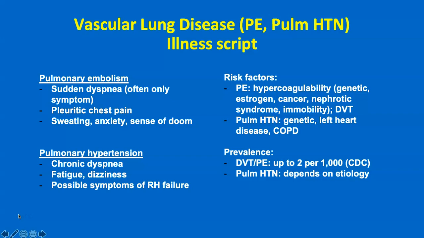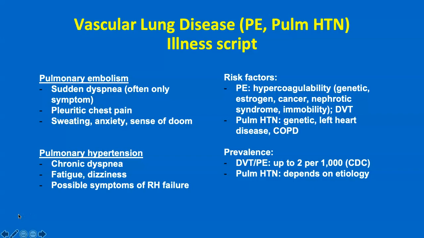And next is vascular lung disease. So we're going to talk about pulmonary emboli and pulmonary hypertension. Pulmonary embolism, the typical story is a patient has sudden dyspnea. They can't breathe all of a sudden. They have, at times, pleuritic chest pain, but that's not necessary to see. And these patients, if it's severe enough, they'll have a lot of sweating, anxiety, a sense of doom if it's